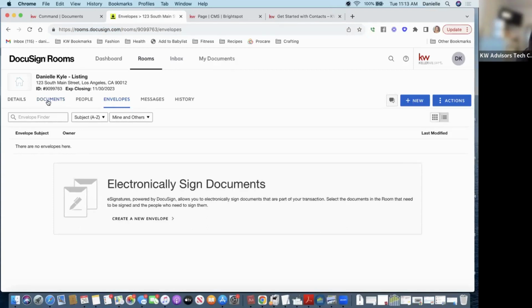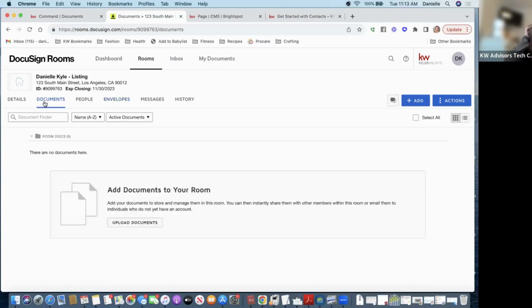Okay, so how do you get documents in here? Particularly if you are a California agent or you're a Texas agent and you want to get your proper forms in here. There is an integration with the Texas Association of Realtors and California Association of Realtors. So I'm going to show you how you can set that up. And then after you set that up, you'll be able to click this add button and it will be an option for you to choose CAR forms or